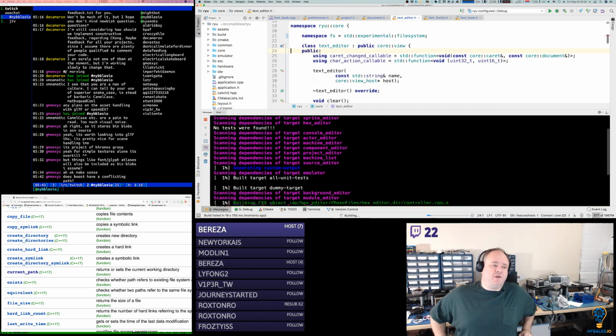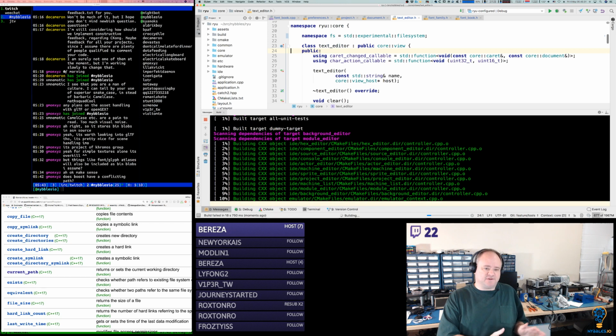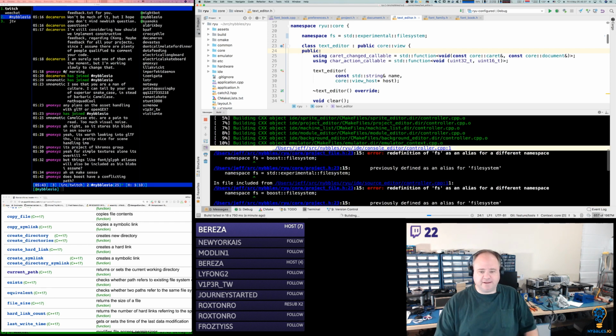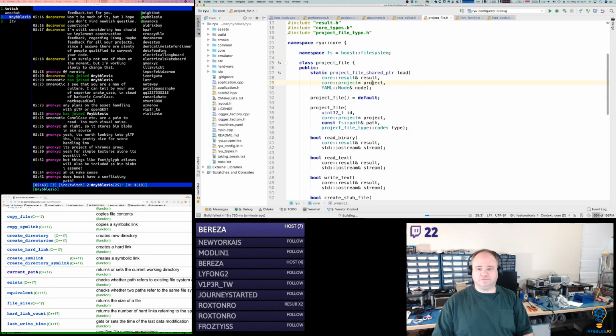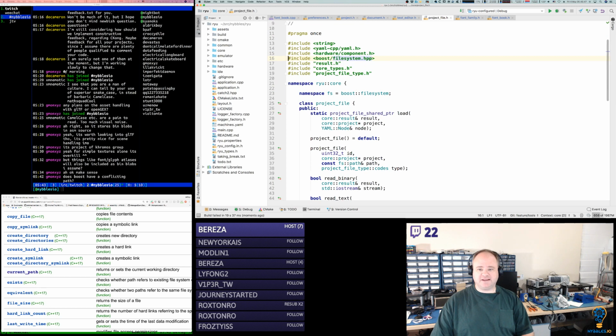What you're seeing me do now is I'm using Boost file system and I'm replacing it with the standard file system, which is still experimental. I had aliases called FS to the Boost file system, but now I'm replacing that everywhere with the standard, and of course they're different types, right? The same names, but different types.